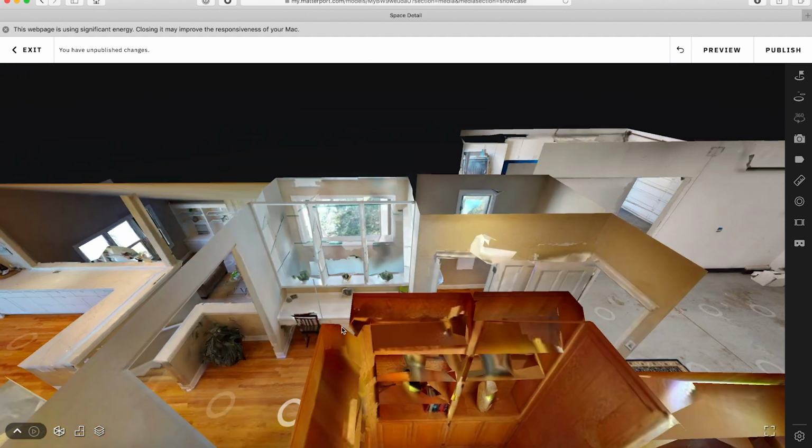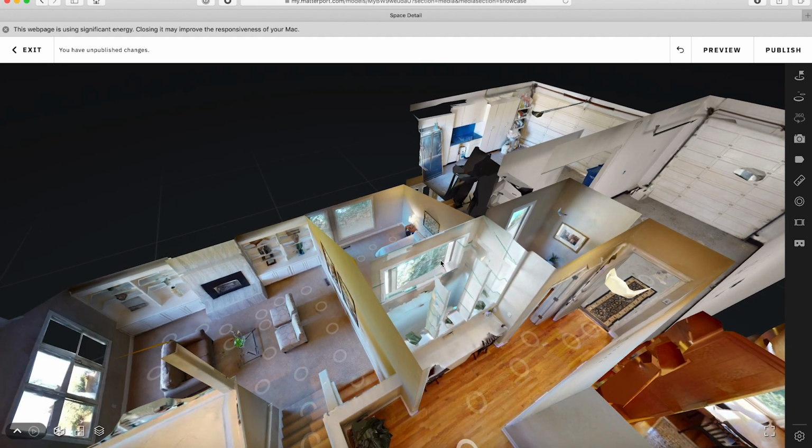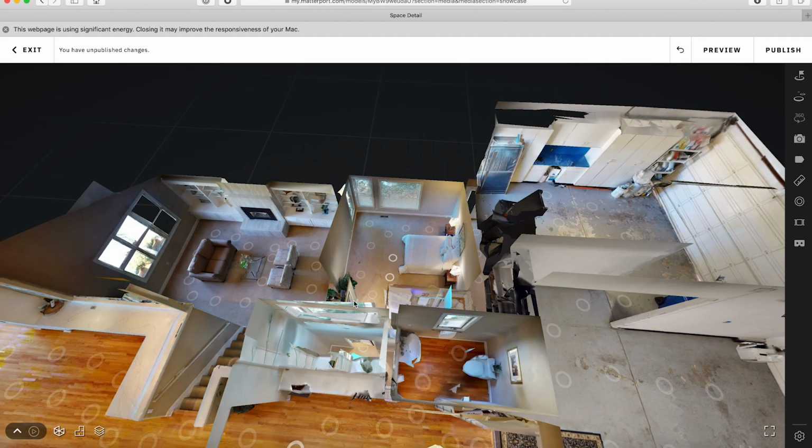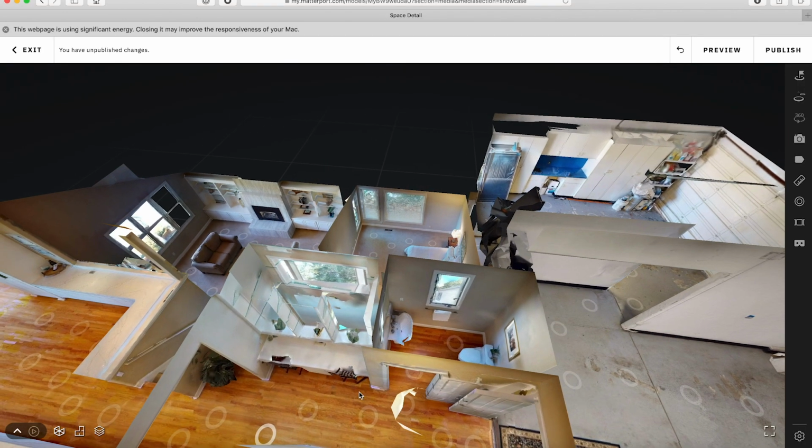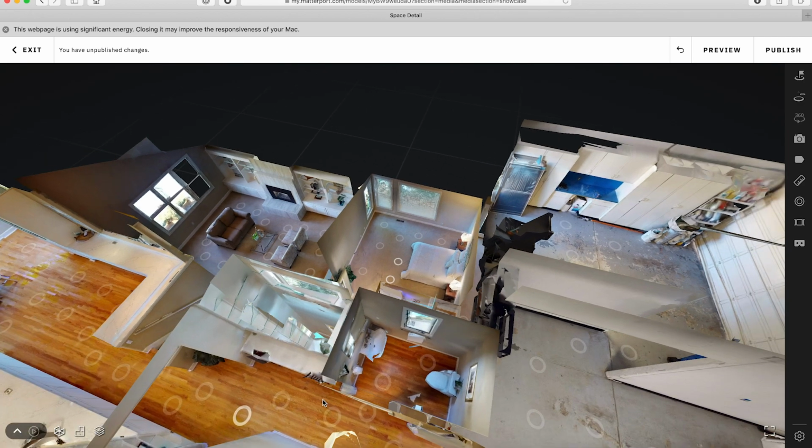So in this case, this window right here was marked because there's this drop right here all the way down. There's no floor here. It went all the way down and blocked that doorway as well. So this is really, really tricky and kind of difficult to find, but I wanted to point out this use case because of that. And so the solution here would be to remove that window marking, re-upload the model data, and process again.